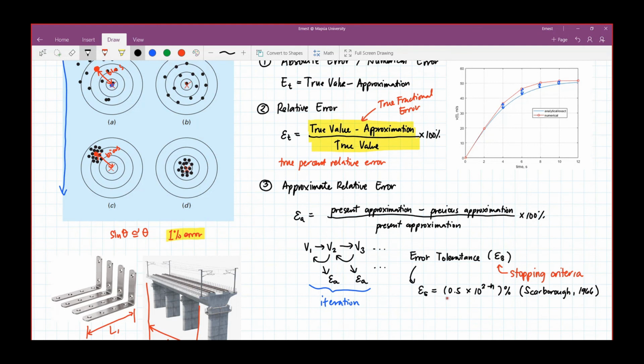Okay. So what does this mean? Okay, this is set so that we can be assured that the result is correct to at least n significant figures. So this n significant figure is the number of significant figures after the decimal place. Okay,